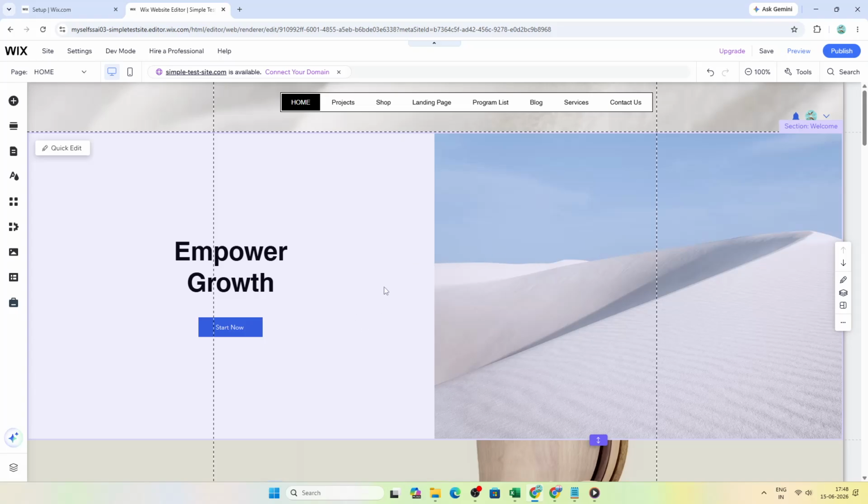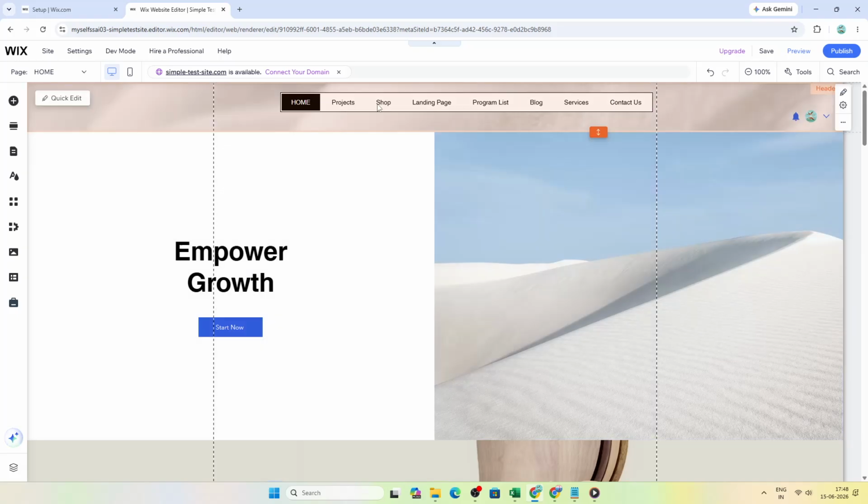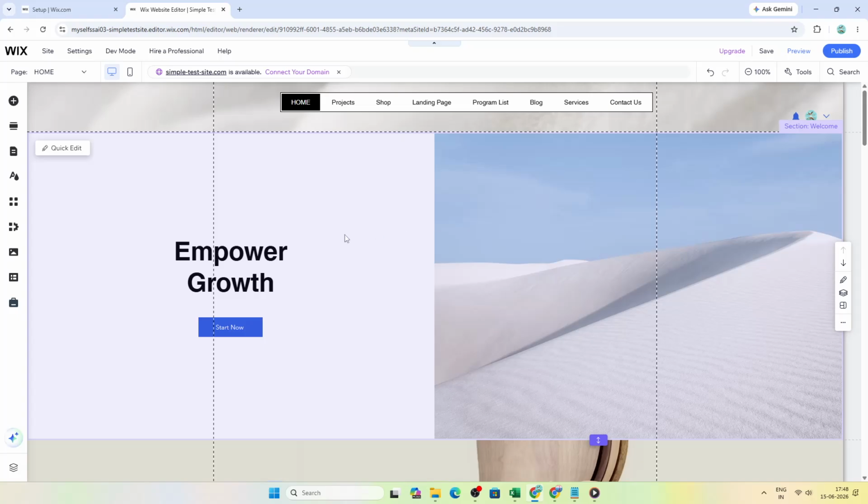To get started, open the site you want to edit in the Wix editor. Make sure you are inside the correct website before making any changes, especially if you manage more than one site. Once the editor is open, take a moment to let everything fully load so the menus and page options are